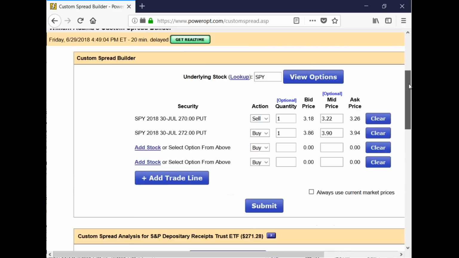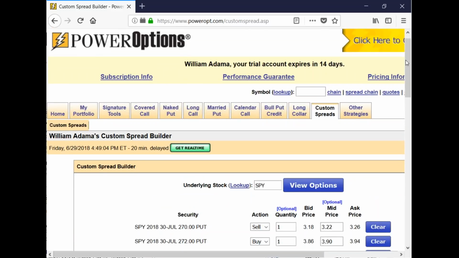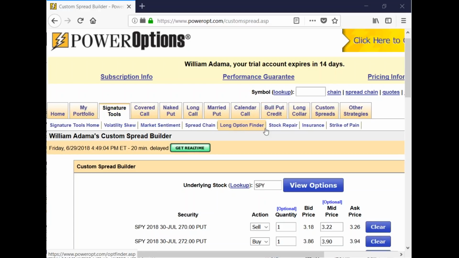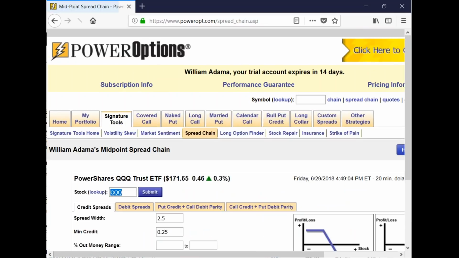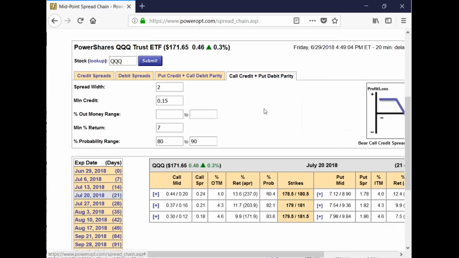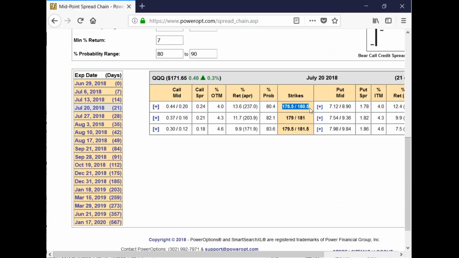Sorry, I was reading Fernando's comment. He says, I use the spread front chain sometimes to protect an unmarried put when his expectation is short. Okay, but where I was going with that is that under the bull put credit or any of the vertical spreads or the signature tools, when you go to spread chain, you can take a look directly at the bear parity, so you can compare side by side the returns, probabilities of doing the bear call credit or the bear put debit to see which one best suits your needs, which one gives you the best return when you know you have the same probability and more. All right, so that's the tool to use to compare it. If you decided to open a credit spread, compare it to the debit spread and go from there.